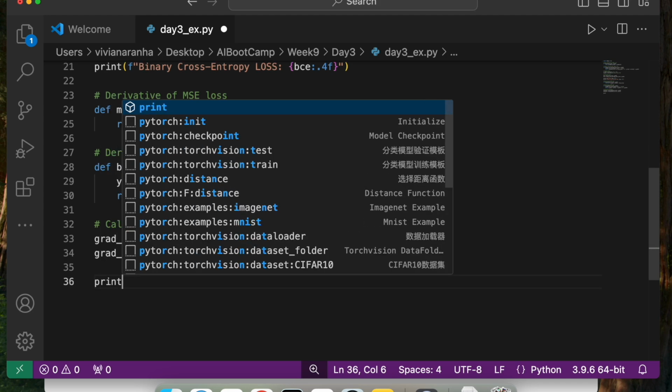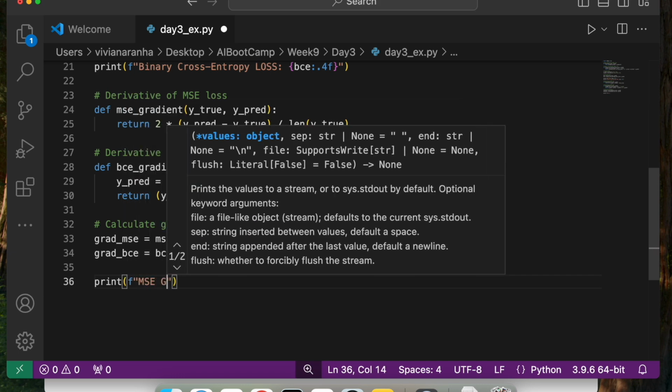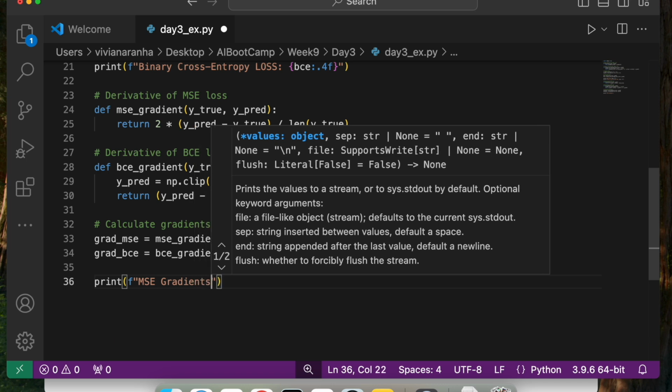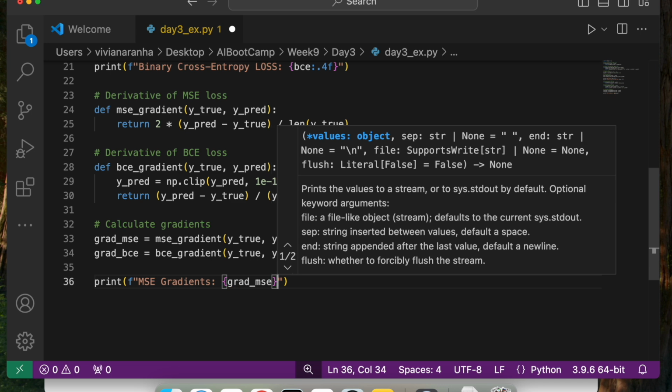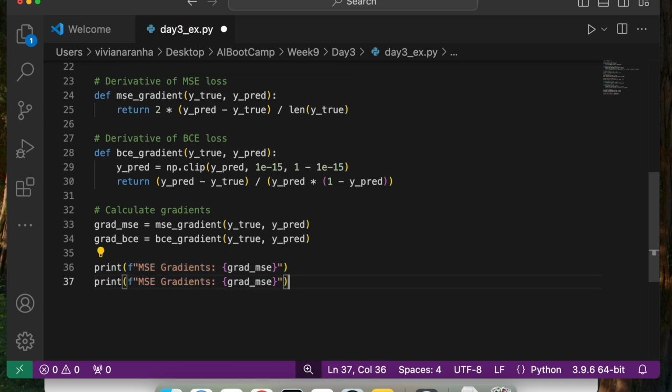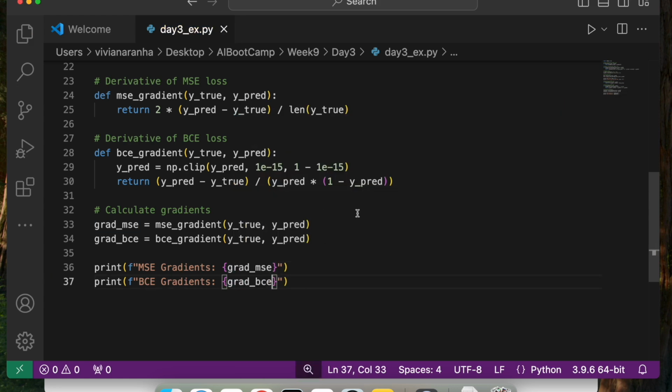Let's go ahead and print this out to check MSE gradient, which is grad_MSE, and similarly BCE gradient is grad_BCE. Let's look at these.